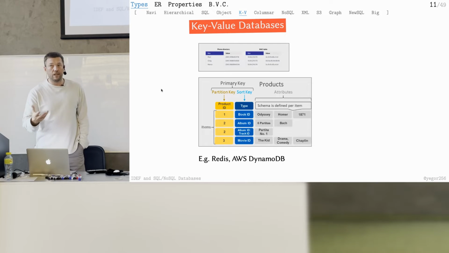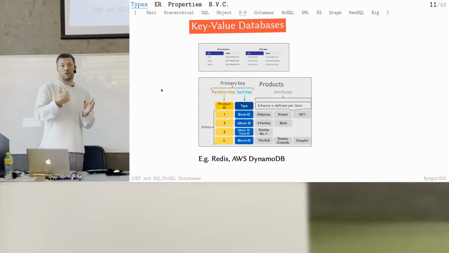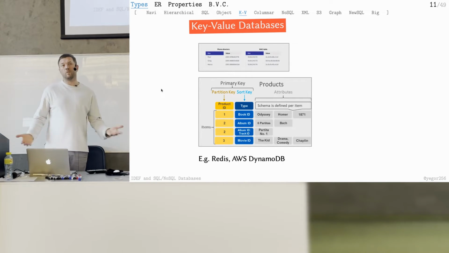But key value database in memory, it's a hash map in Java. That's all. That's all you need. It's a primitive hash map. Of course, you can implement it in just 7 lines of code. But Redis is like more advanced way. You install it, you run it, it opens the port, you connect to it through TCP port, you start talking to it, so it's more sophisticated hash map.